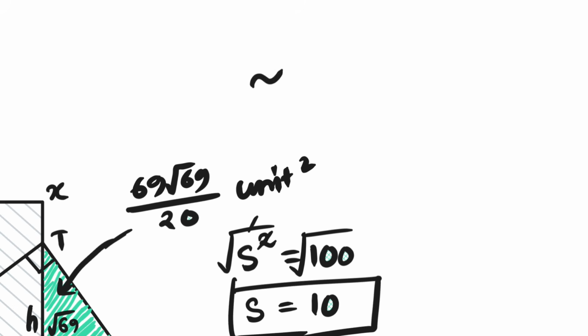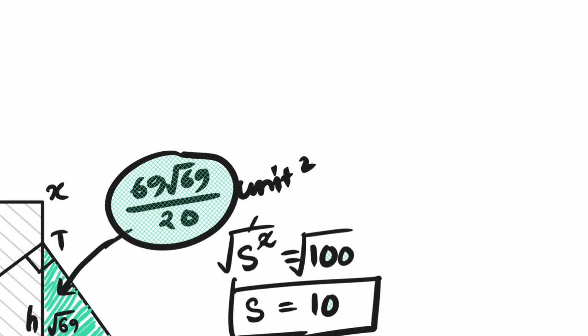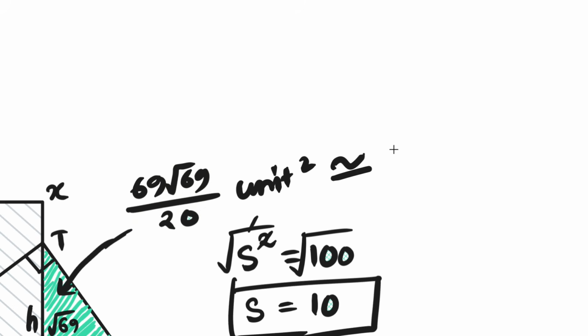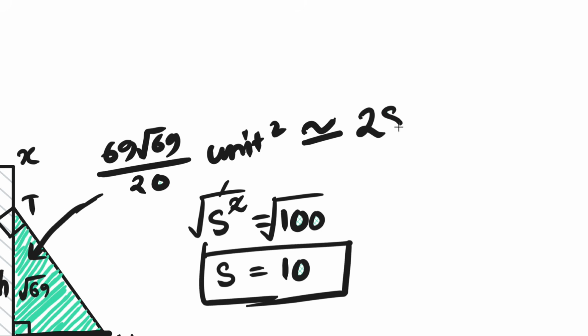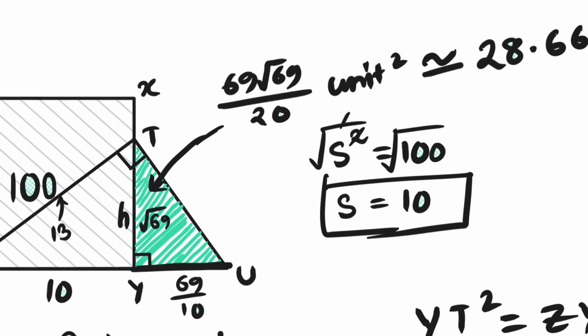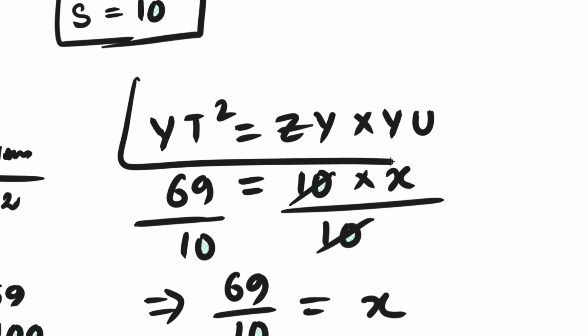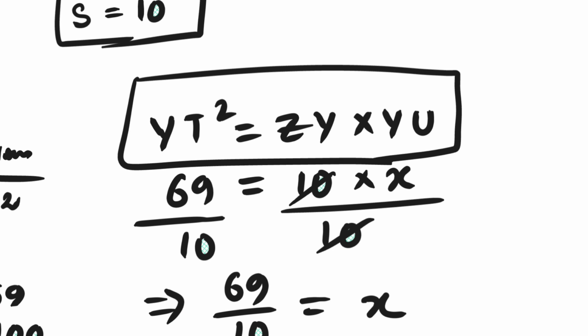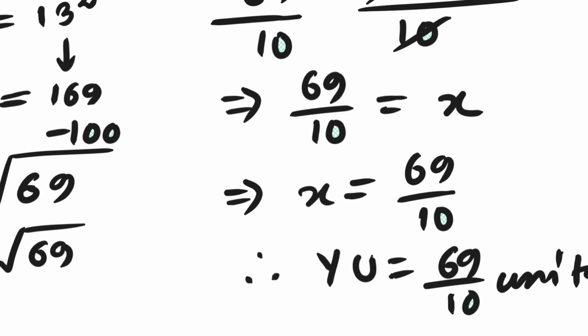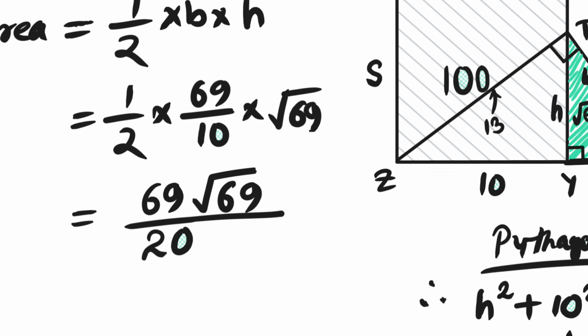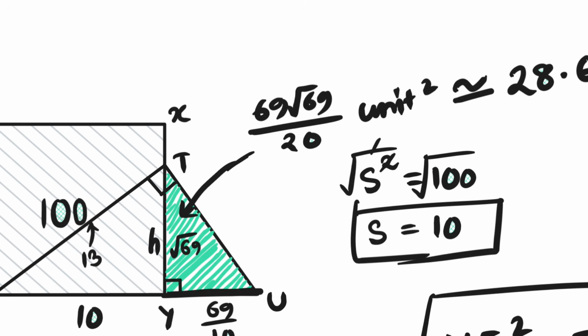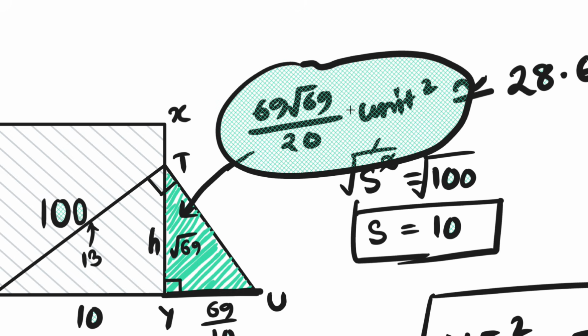Substituting that approximation into our exact expression gives an area of approximately 28.66 square units. So, after working through the square, the smaller right triangle, the Pythagorean theorem, and finally, the Euclidean altitude theorem, we arrive at our answer. The area of the shaded triangle YTU is 69 square root of 69 divided by 20 square units,